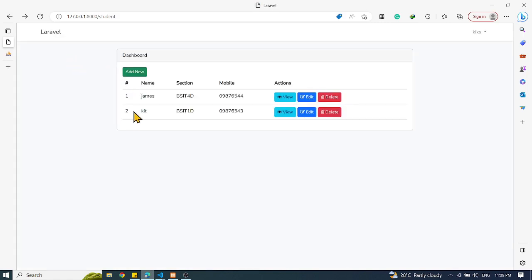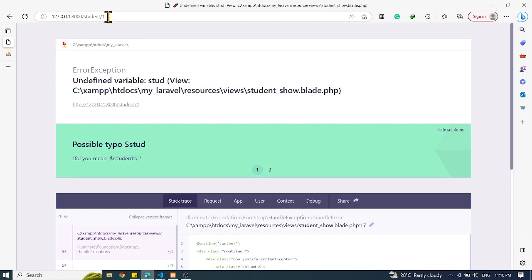So let's try to click this edit. Okay, so and then it will pass the data kanina. As you can see, it passed the number 1, but here we have a possible typo. Did you mean student? Ayan,